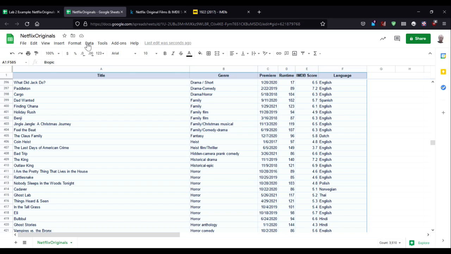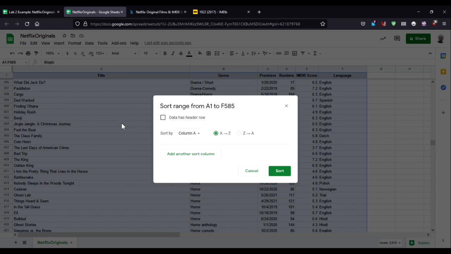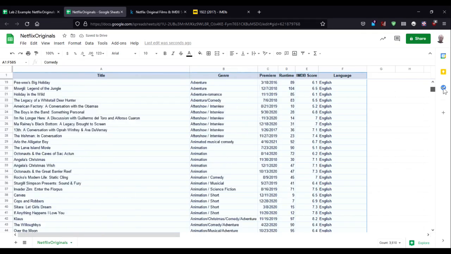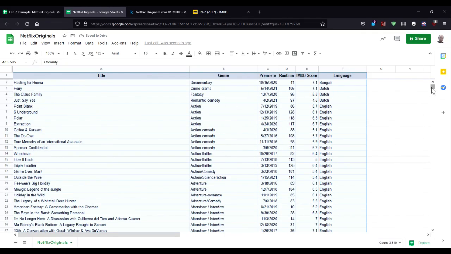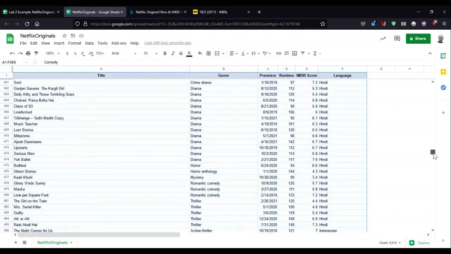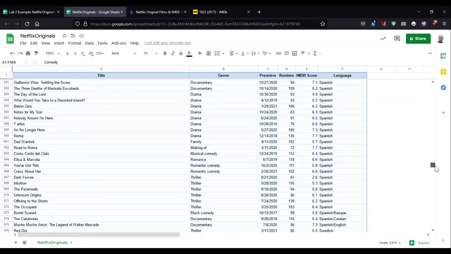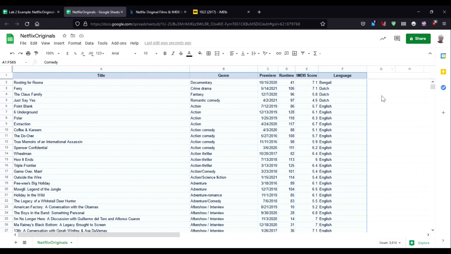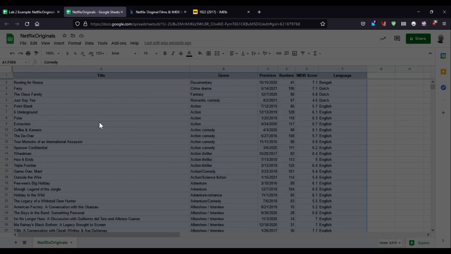Let me change my sort to language and look at the different values in language to see if there's anything I need to clean up here. And what I'm finding in column F is that the values, when sorted, seem to be entered pretty consistently with no misspellings or anything like that that I can see. So those values I'm going to assume are probably okay. This is a little bit of high-level due diligence kind of checking, right? So now I'll sort them by title